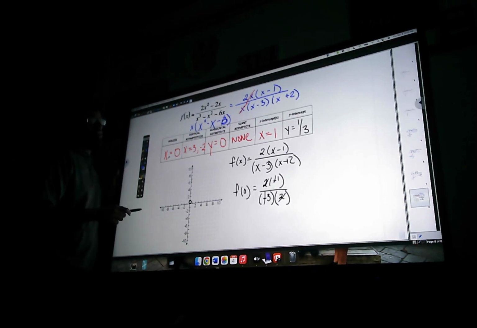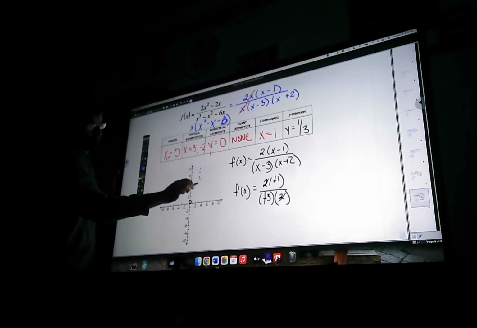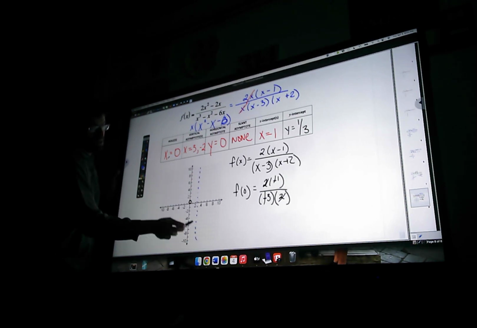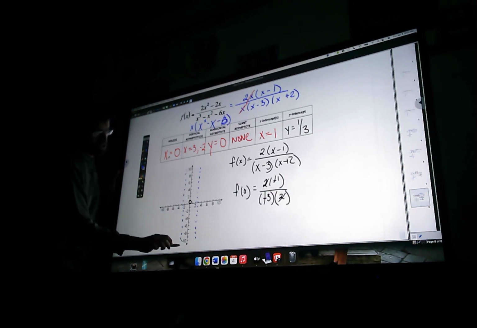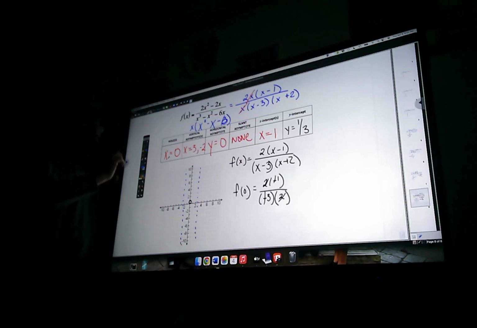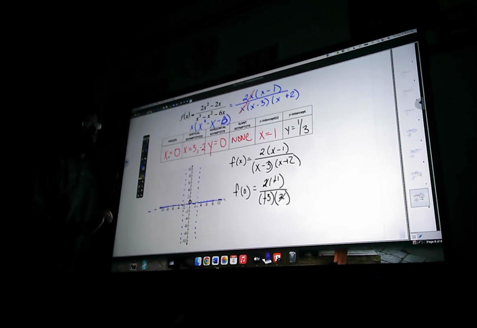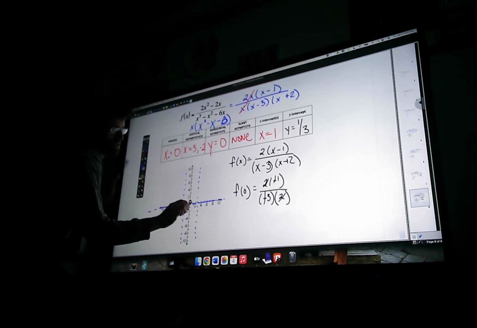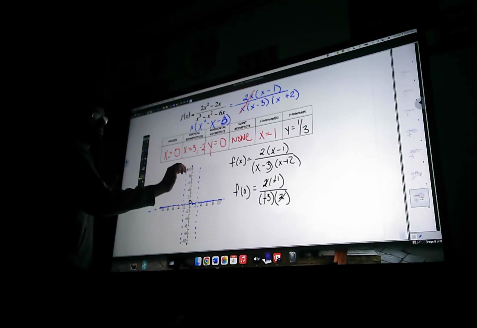So first of all, vertical asymptotes at 3 and negative 2. Horizontal asymptote at y equals 0. X-intercept at x equals 1. So this is going to look like